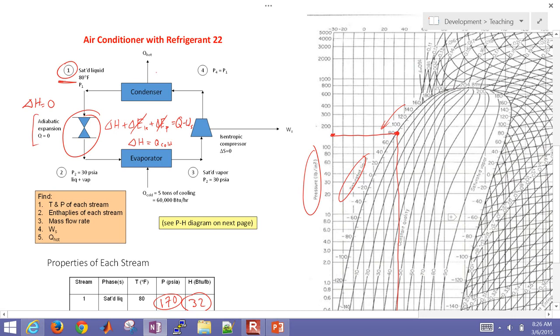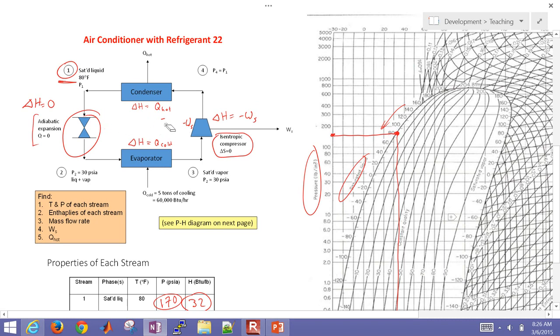Then up here in the condenser as well, no moving parts, delta H is going to equal Q hot. And then over here for our compressor, we could say there's not a lot of heat transfer going on there, so no Q, but we just have WS. So delta H equals negative WS. This is going to be important